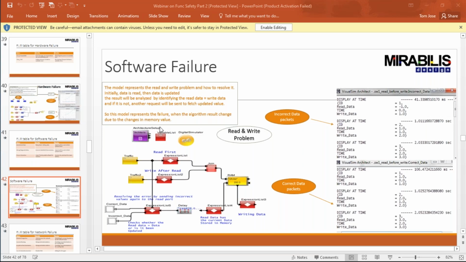So yes, over here we have the software failure, and in this we have incorrect data packets and correct data packets. Over time, at first the read happens to the memory, and then after that the write will happen. The write will go to the memory and update the value. So then the next read will happen and get the wrong value. So we will send the incorrect packet again,